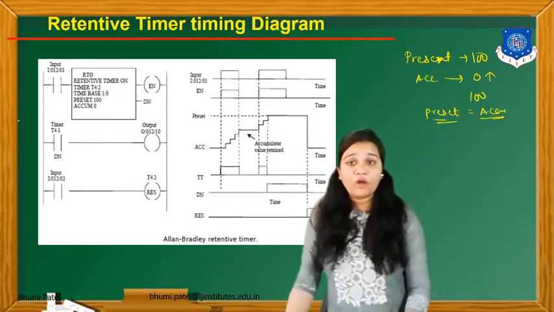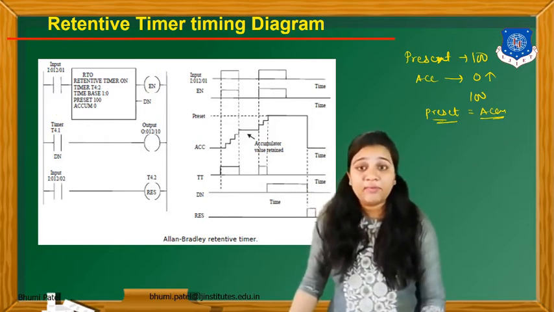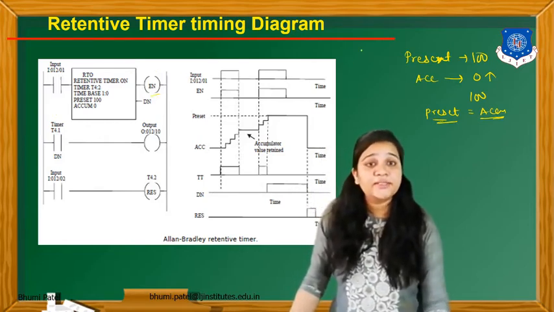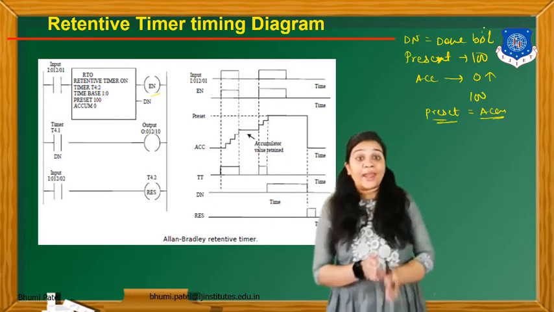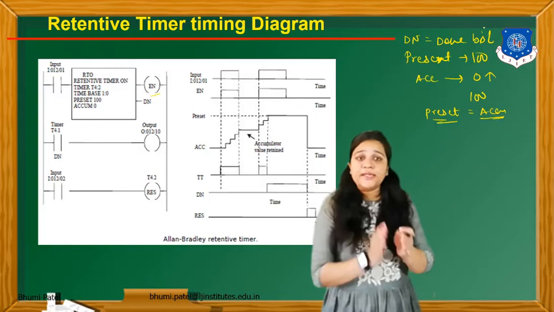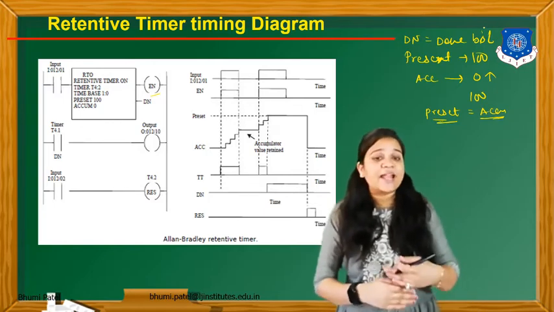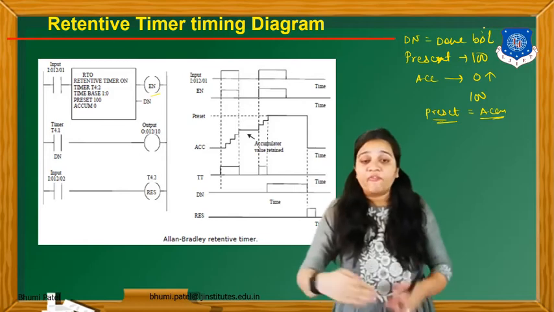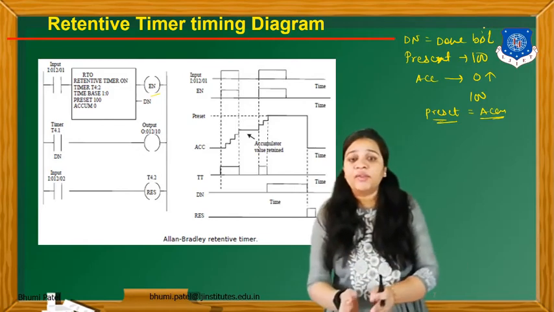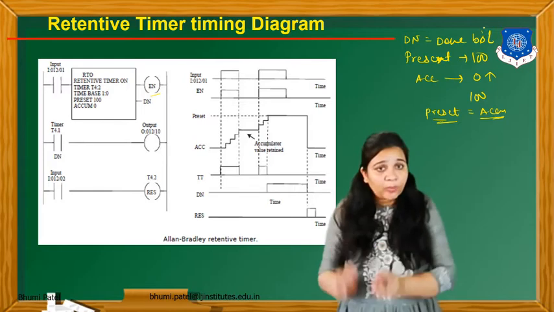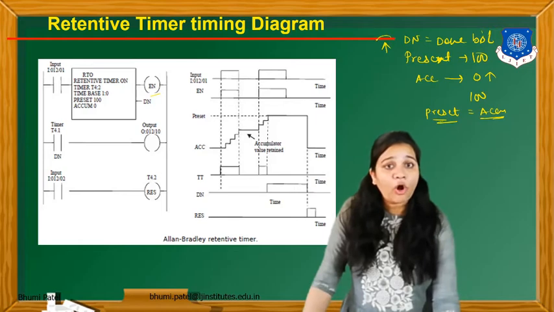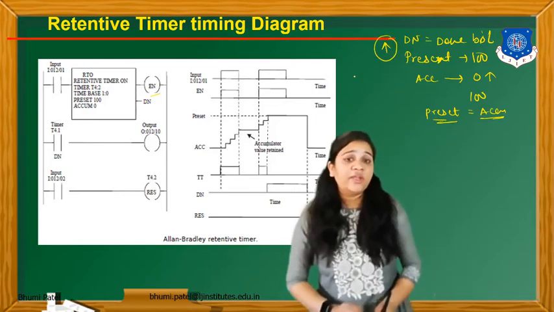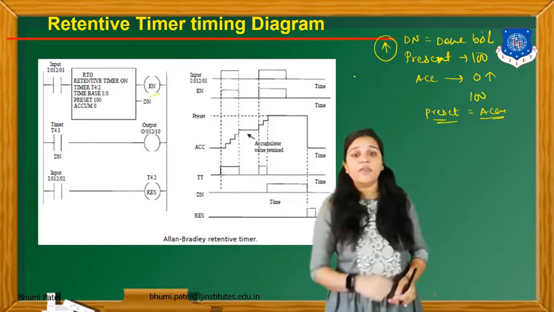So this is the block for the retentive timer. In it they will connect the enable, and what is DN? DN is known as the done bit. Where will the done bit be on? Whenever the accumulator value is equal to the preset value. We can set the preset value to, suppose, 10 seconds. After 10 seconds we get the value 10 in the accumulator. Whenever the accumulator is equal to the preset value, the done bit will be high. In the whole program, we get the done bit high only one time.